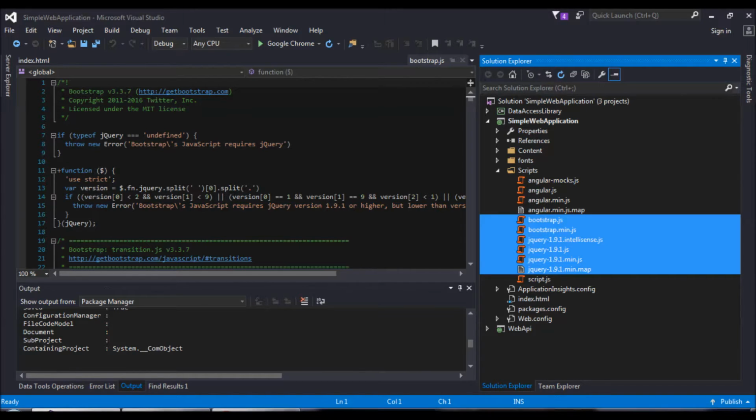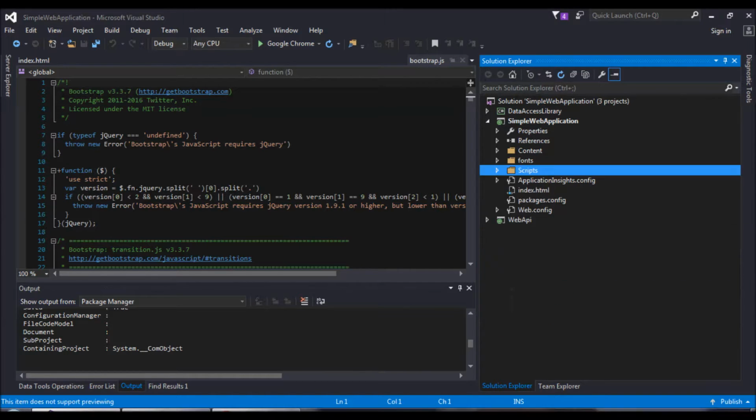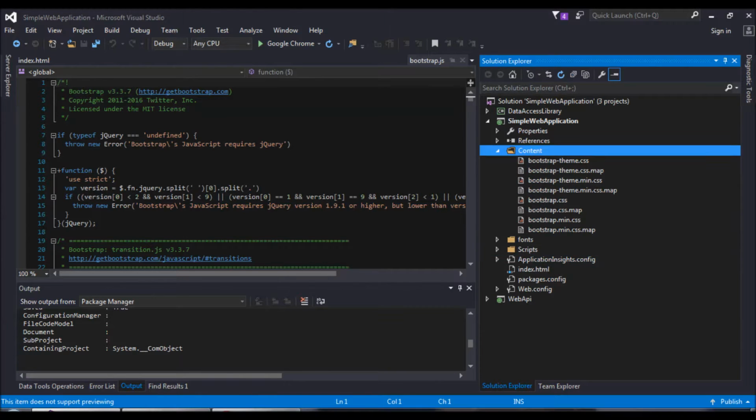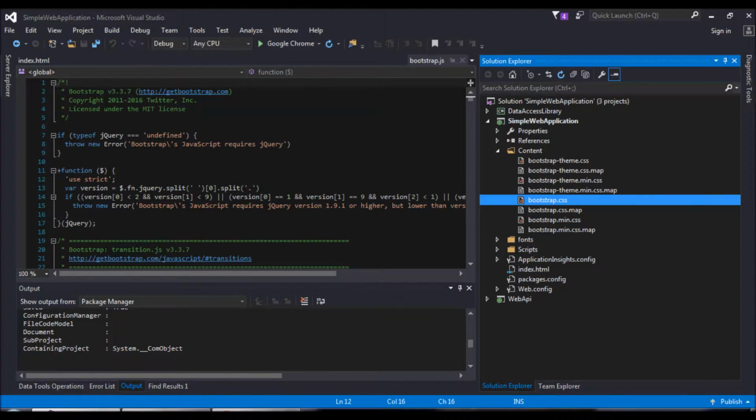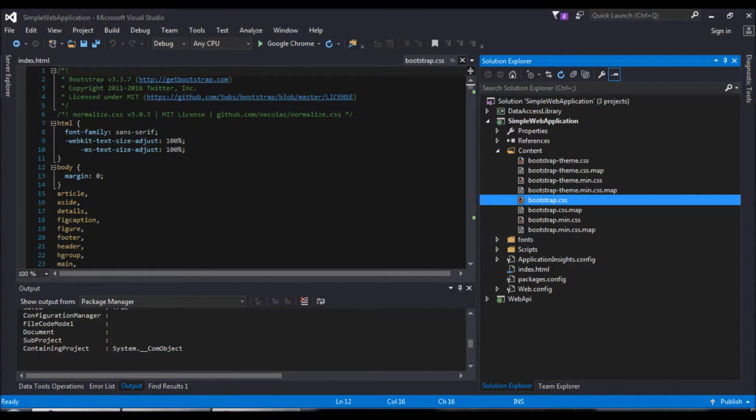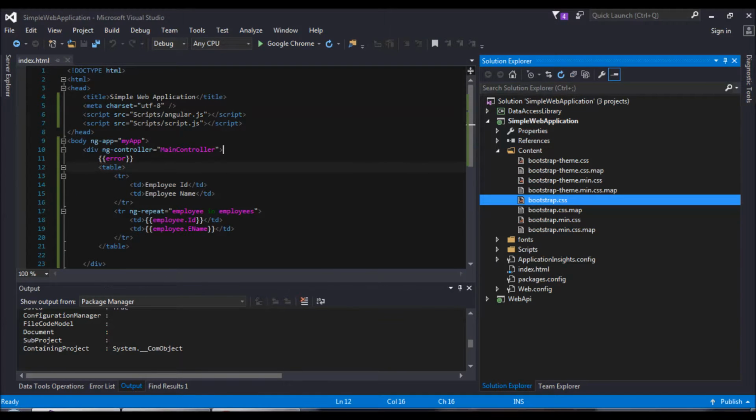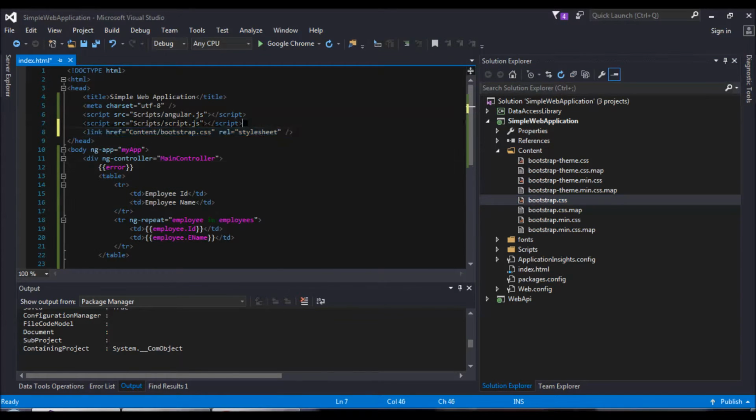We are not interested in any of these JavaScript files, but we are interested in the bootstrap.css file. So let us call this bootstrap in our index.html,